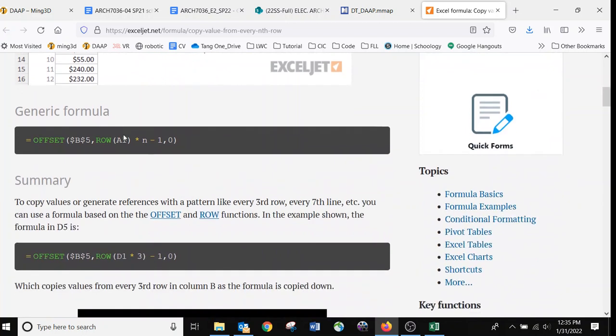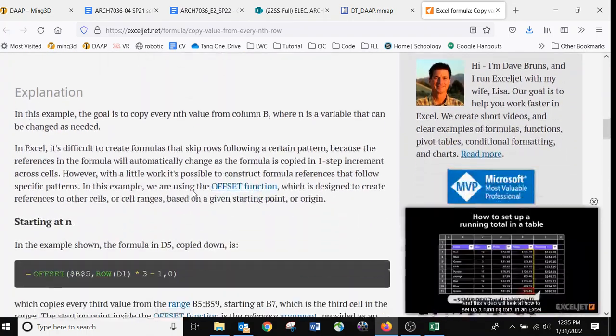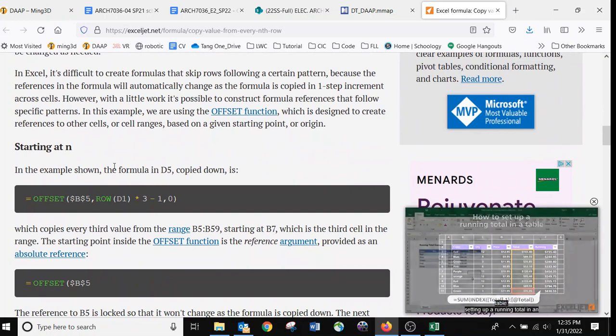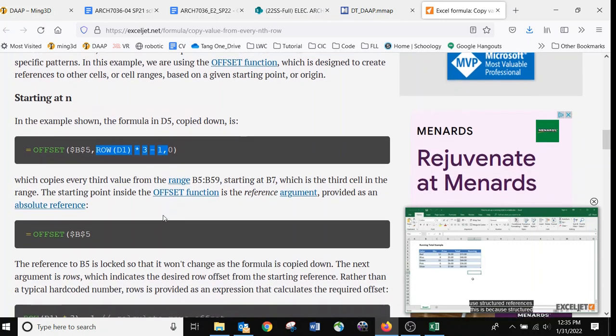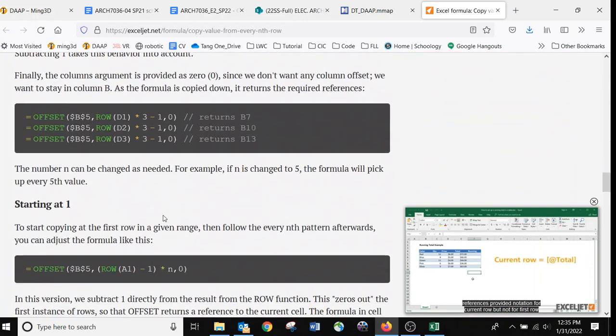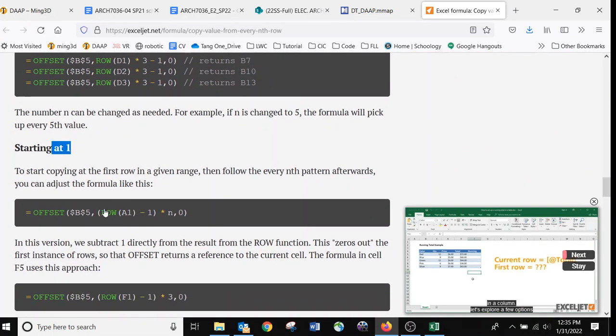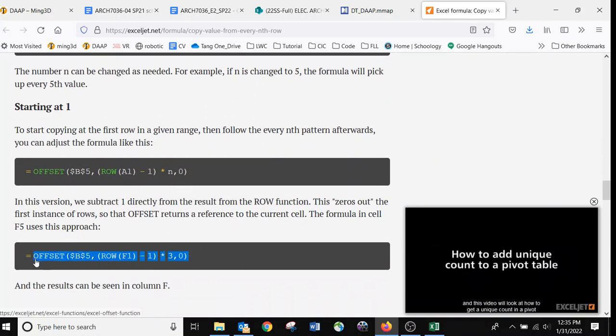If I don't want to type, if I just want to simply borrow that, you can see this is a detailed explanation of what the formula means. If you want to start at the nth row, this is the one you want to use. Or if you want to start with the first row, this is the one you want to use. For me, I probably just want to start with the first row, and every 3. So let's do that. I will copy,